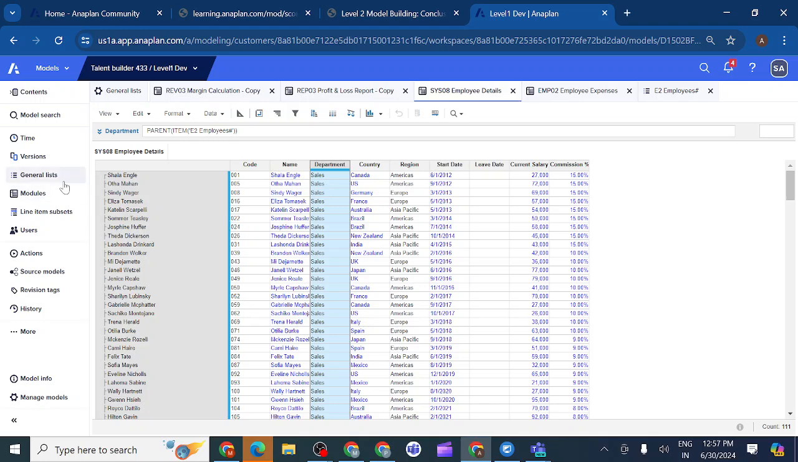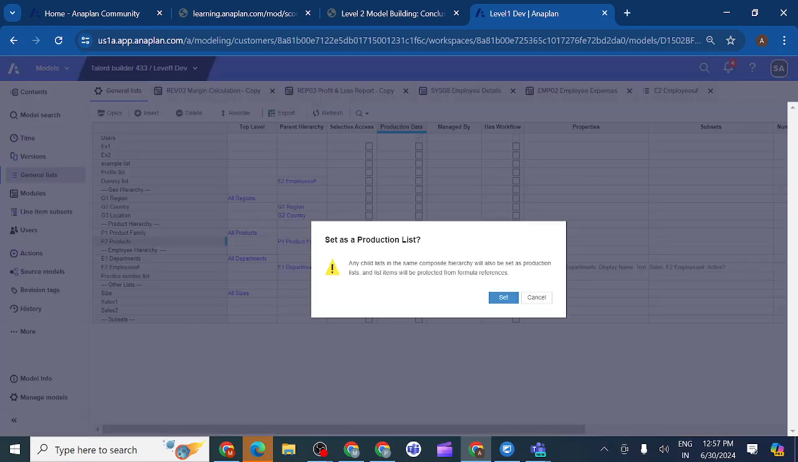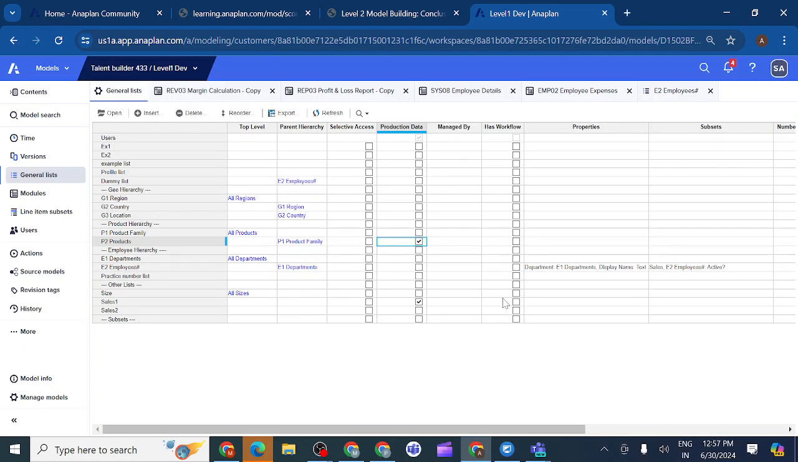In the list, if I make only the child a production list, as I told, they want to change only P2 products. They don't want to change P1. So in that scenario, what will you do? Simply I will make only P2 products production. They will do the changes in P2 products only. Why should they change the P1 product family each and every time? They want to add some